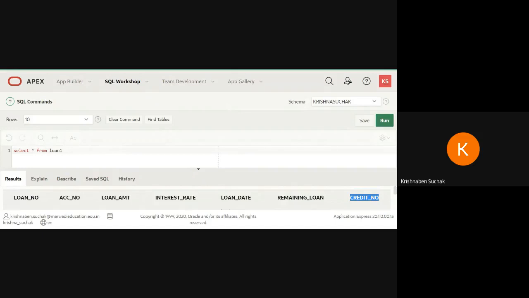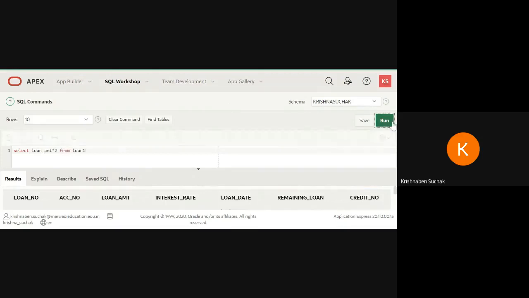Now let us see another one. That is, we need to display loan amount into 2 for table loan. Now what we need to do is display loan amount multiplied by 2. Okay, so what I will do here, select loan amount into 2 from my table name, that is loan1.